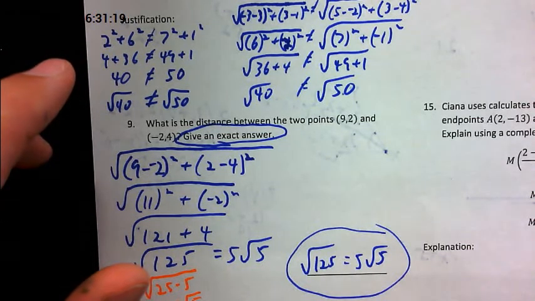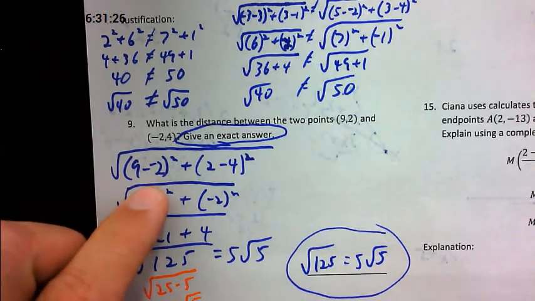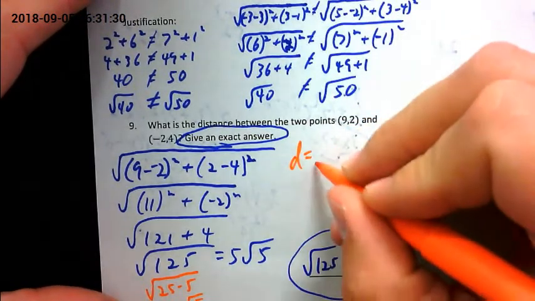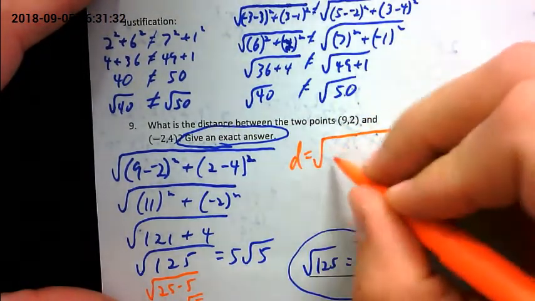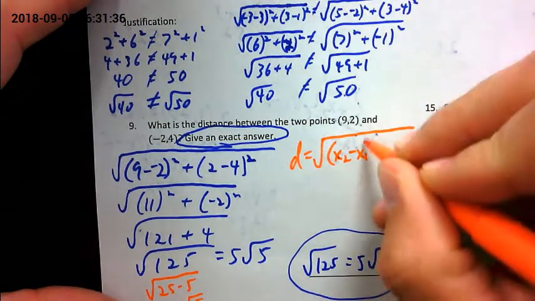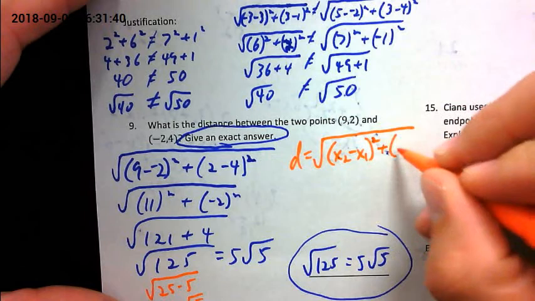Can you write out the formula for that? Because I think I've been doing it all wrong. This formula? Yeah. So distance. Yeah. Distance equals the square root of x2 minus x1 squared plus